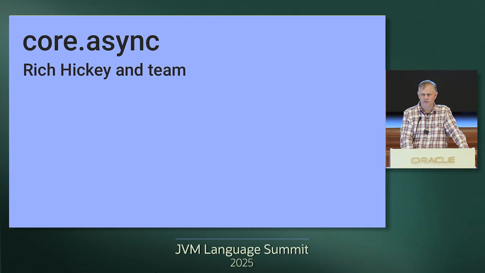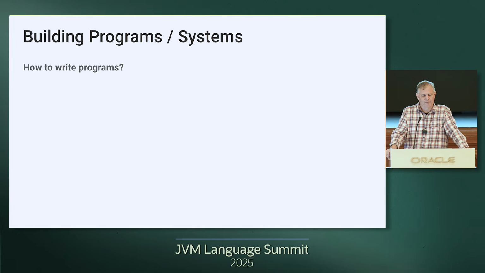So core.async moving forward is a library. It was designed by Rich Hickey, and I'll mention Rich a number of times during this talk. Everything I'm communicating to you is really ideas driven by Rich, and he designed everything that I'm talking about today and implemented a lot of it. He retired from full-time job type work a couple years ago, but is still very actively working on Clojure. I talk to him every week and he's still coming up with new features and new ideas all the time. And so it's a joy to be able to continue working with him.